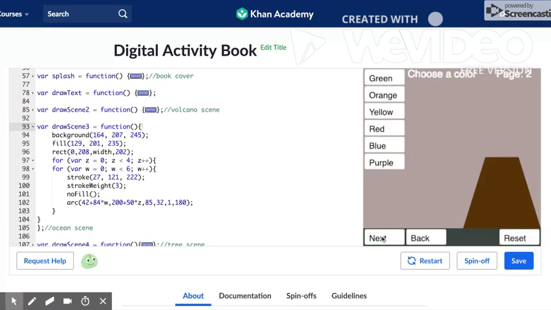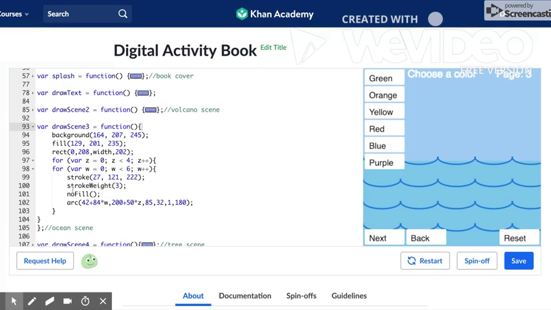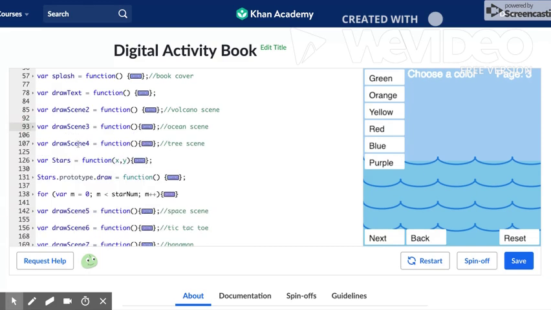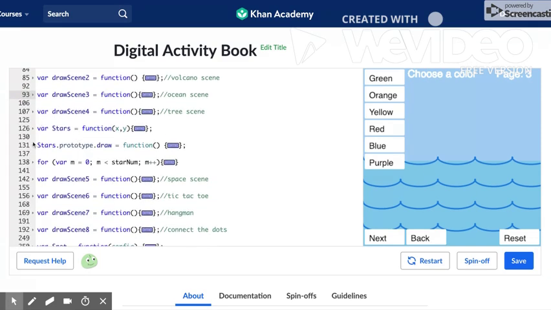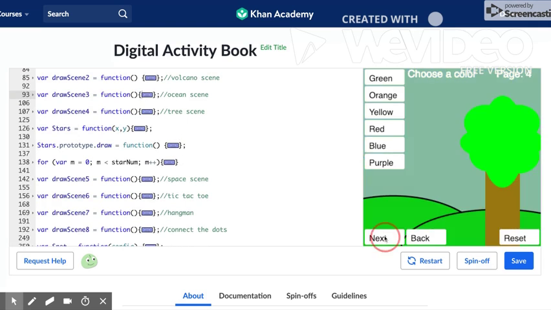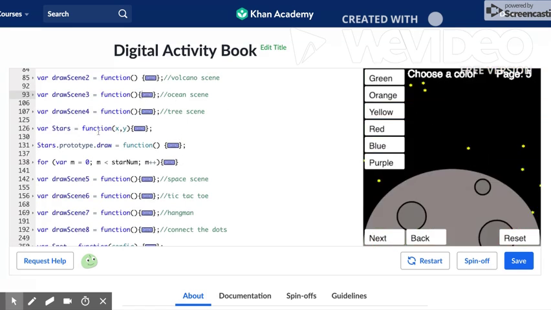The ocean scene is pretty interesting because it uses for loops to draw. Let's check it out. Right here, it's one arc, but because of the for loop and the variables in the arc here, when the loop is repeated, it is drawing the same arc with different x and y coordinates, so it gives the impression of waves on an ocean. Then we have a new object type for stars here, which is for another scene here,